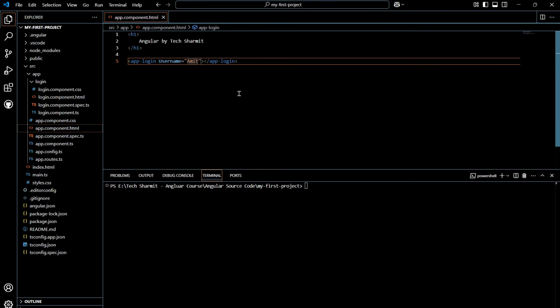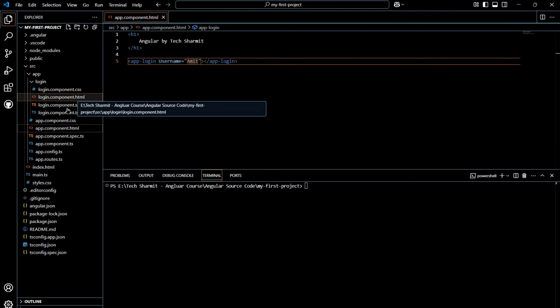So what we did here, we just defined the value which we want to send from app.component.html, or you can say app component. Now we have sent the data. It's time to receive the data. So to receive the data, simply go to this